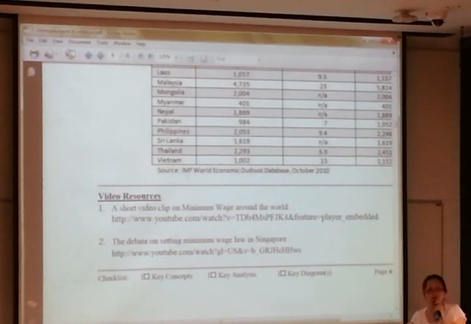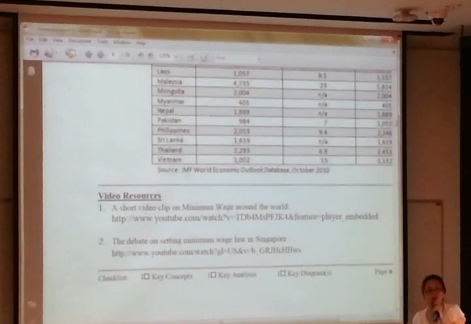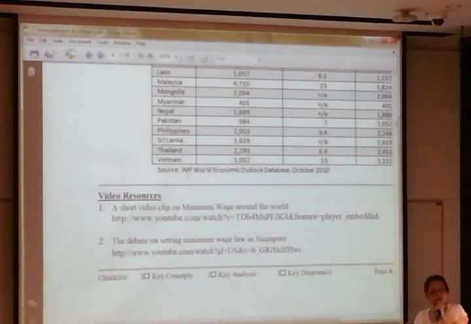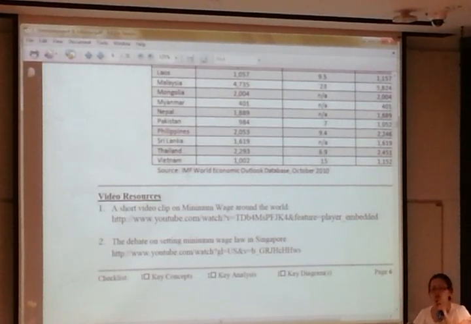Minimum wage in the US is US $10 per hour. That works out to be $12 in Singapore. Who works for $12? Our cleaners, our F&B crew don't even earn 12, primarily 8 to 10. So all over the world, there are minimum wage laws. But there is a debate in Singapore that we should not go for it. Two weeks ago, there was a discussion that maybe we should set a minimum wage law for cleaners in Singapore. So again, the argument came up, the pros and the cons. You can read up the video on this aspect.